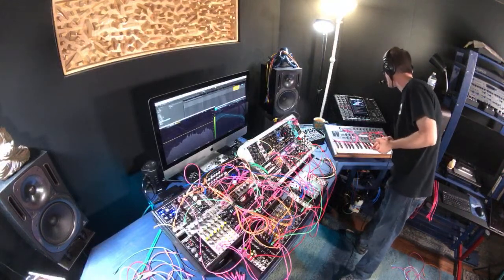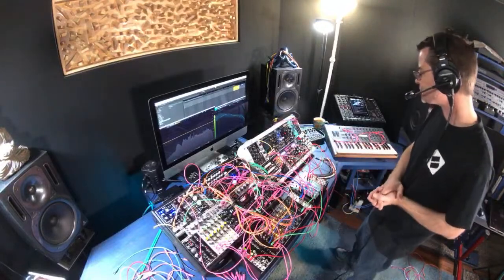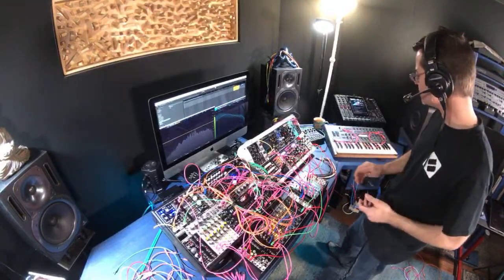Yes, we have some room for some low bass indeed. We sure do. We could,